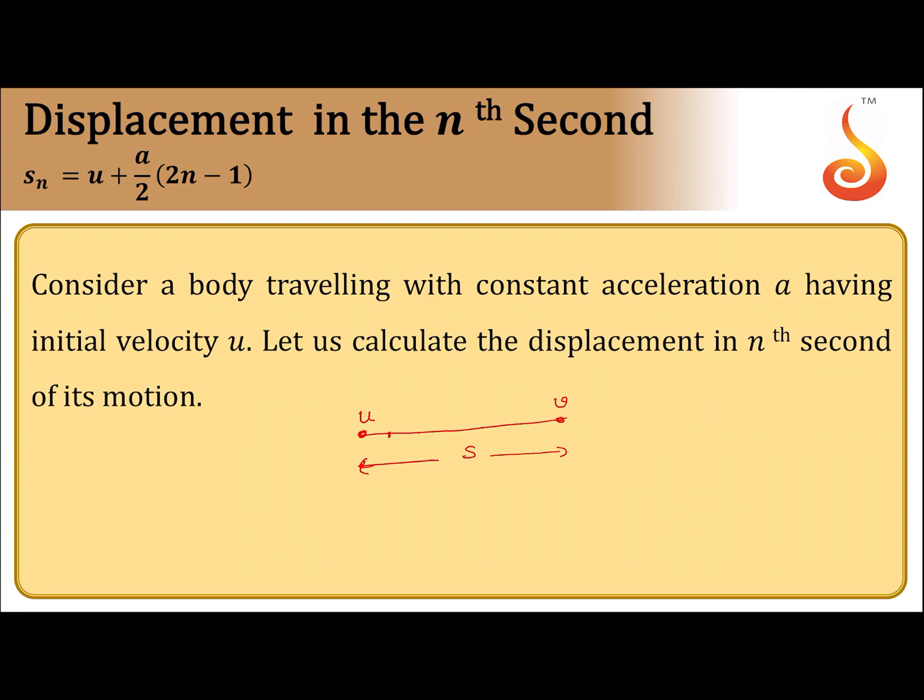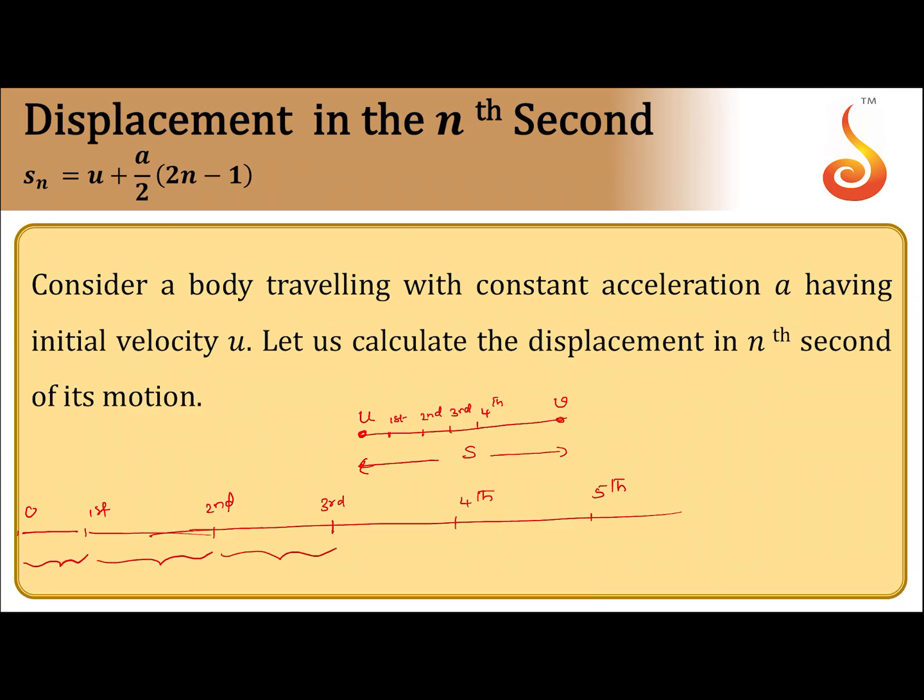For example, this corresponds to first second, this corresponds to second, third, fourth, etc. So, if I look at the enlarged diagram, let us assume that this is third second, this is fourth second, this is fifth second, etc. I will show everything here. This is 0. So, this is the distance travelled in the first second, this is the distance travelled in the second second, this is the distance travelled in the third second, this is the distance travelled in the fourth second,